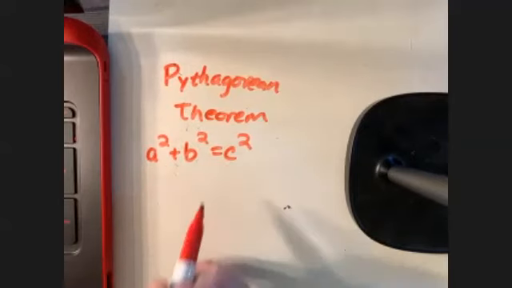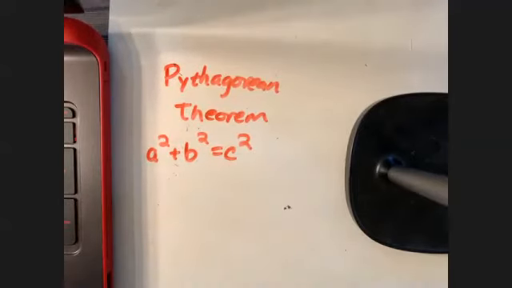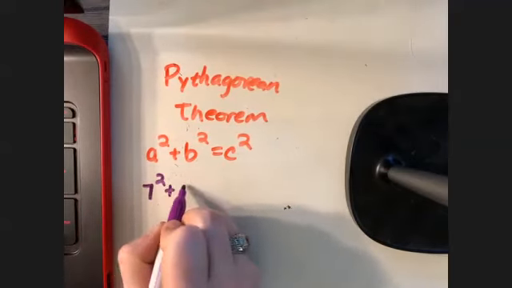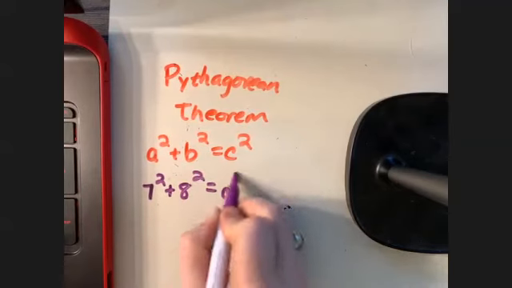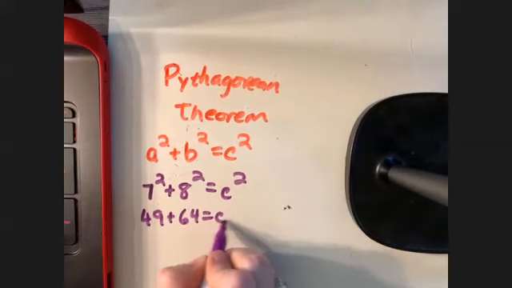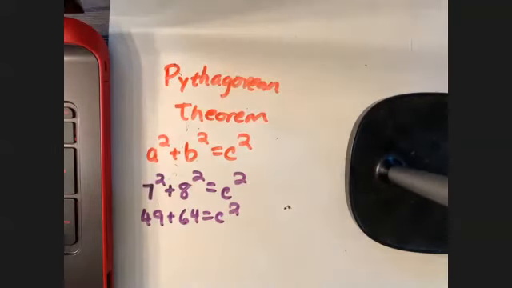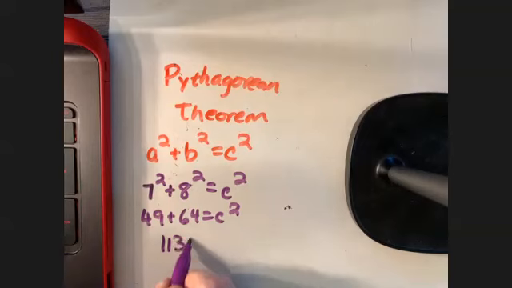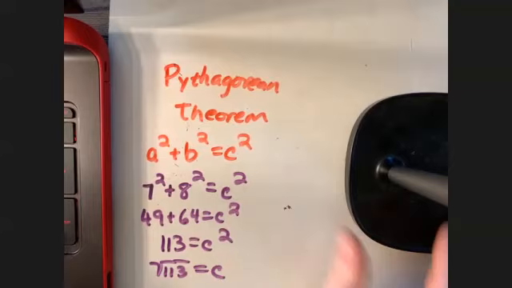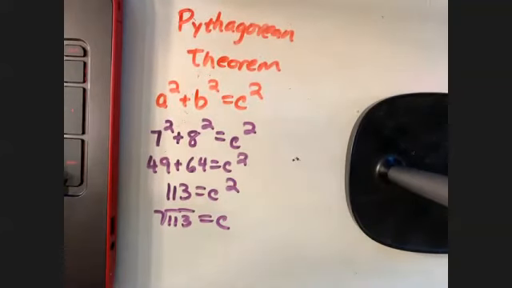Now, if they give you c, okay, so for example, if they told me a was 7 and b was 8, and that was c squared, I would have 49 plus 64 equals c squared. So it's going to be 113 equals c squared. And then we're going to do the square root of 113 equals c. And that's going to be 10.630,